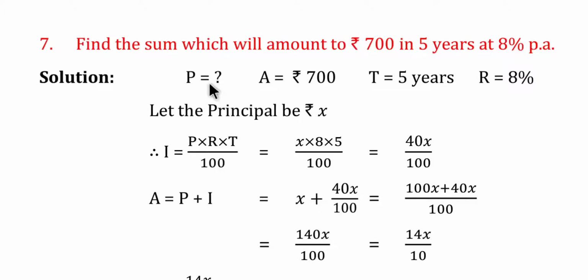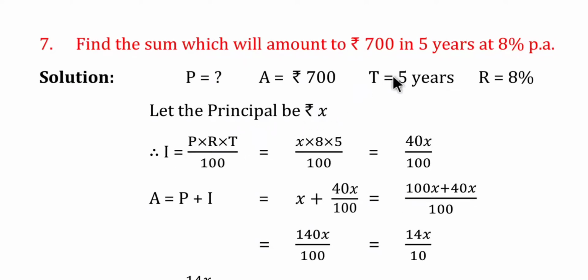Now here we can use the formula principal is equal to interest into 100 by rate into time. But for that we need to have interest. The interest is not there, instead amount is there. And we cannot solve this problem without having the principal. So we'll assume the principal to be rupees X. This assumption is done so that we can start with the normal way of solving the problem. So the principal, as we have said, is X.